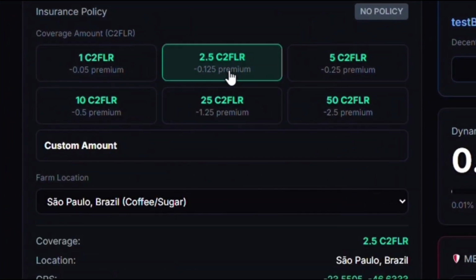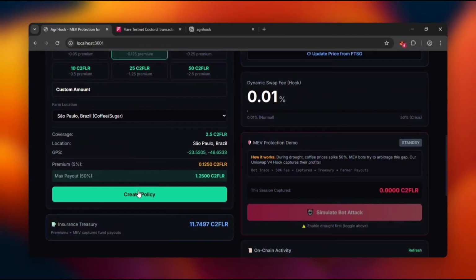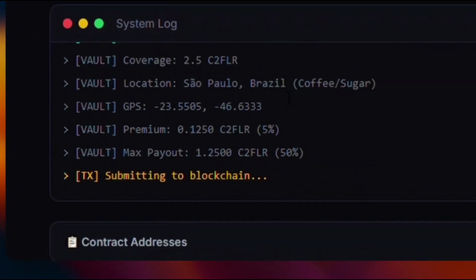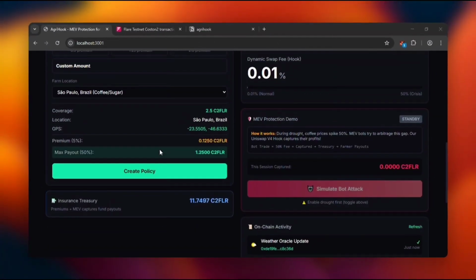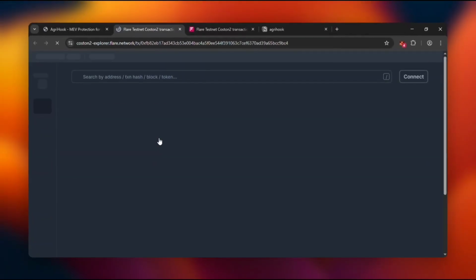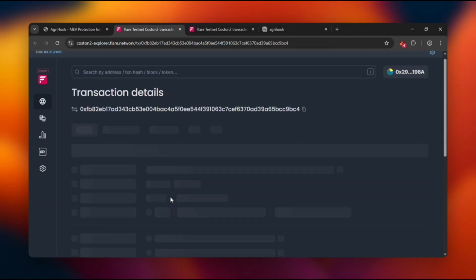Now we will onboard the farmer. We don't just take the name, we capture his exact GPS coordinates and hash them into the region ID on chain. This binds his insurance policy to a specific 10 km square of land using the Flare Data Connector. This means his protection is tied to physical reality, not paperwork. You can see now the situation is normal, so the swap charge is the standard 0.1%.